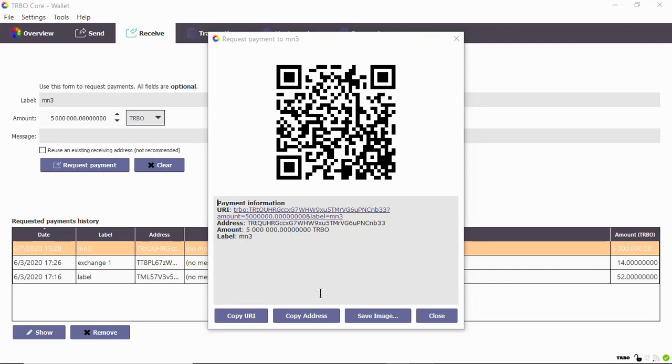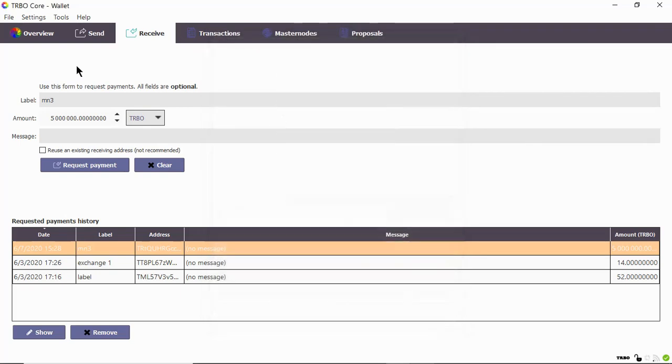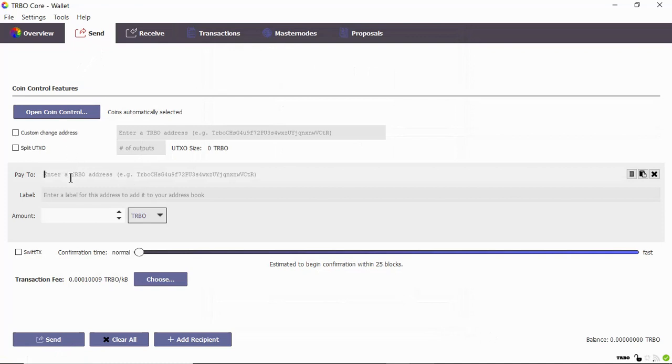Alright, so what you're going to want to do at that point is go ahead and copy that address, close this out, come to send. You're going to go ahead and paste that right in there. You see there's the collateral address, the name, and then you go ahead and put the amount. At this point, you're going to go ahead and press send,